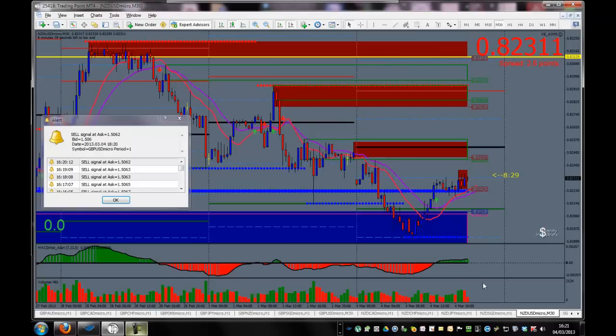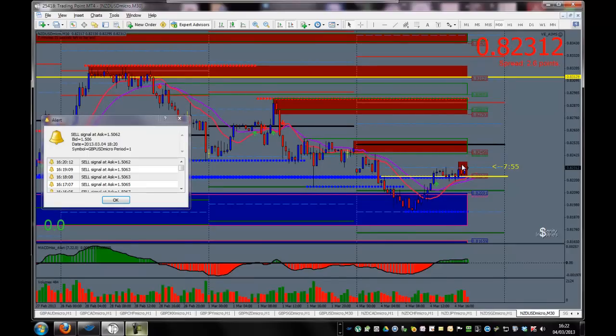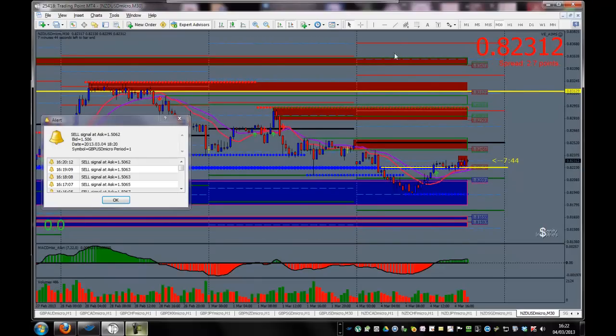Let's move on to the New Zealand dollar, US dollar. On the 30-minute time frame, you know, we could have taken a long on a break of this area over here, and that is 18 pips away from the first resistance area. Okay, that's pretty good. So it's not too late to take a long here, but it is reaching some level of resistance in this area. So you can see there's a lot of mess in this chart, and